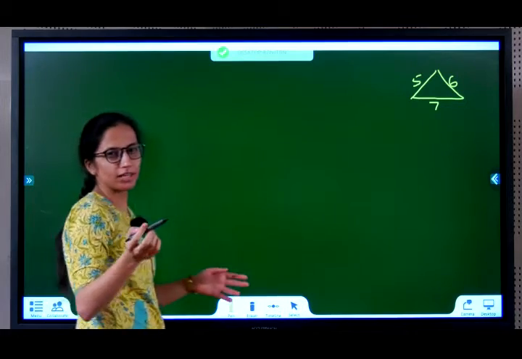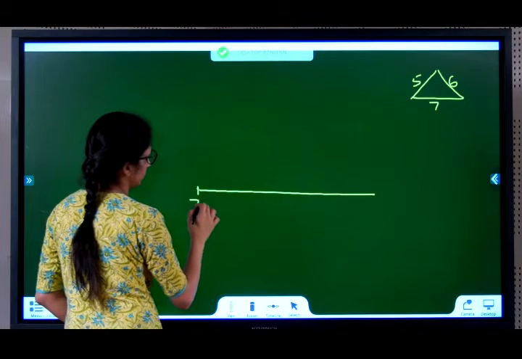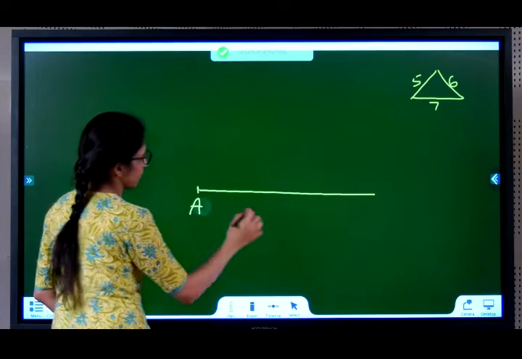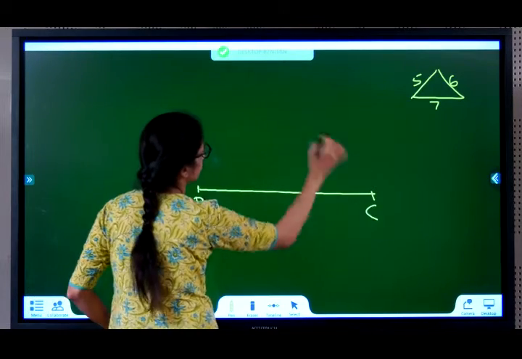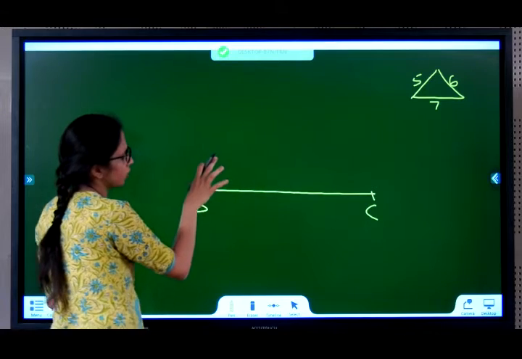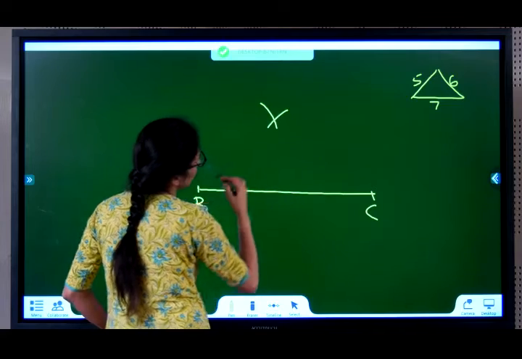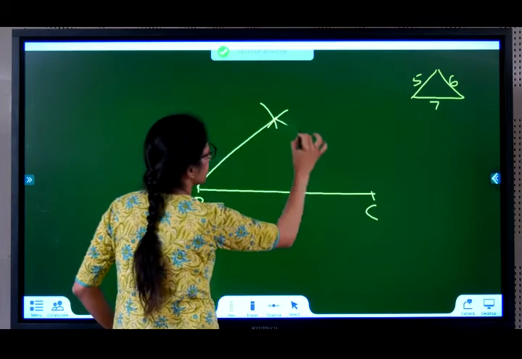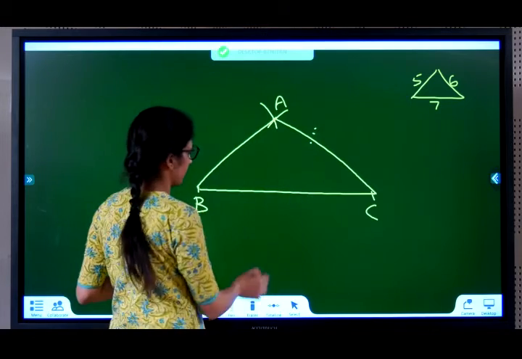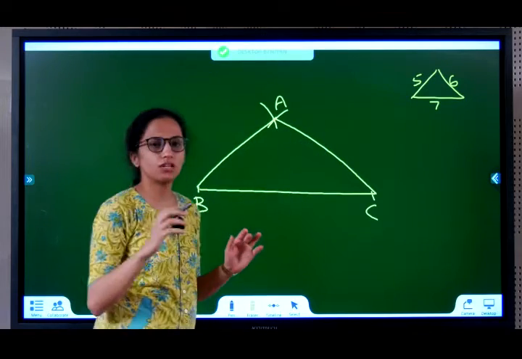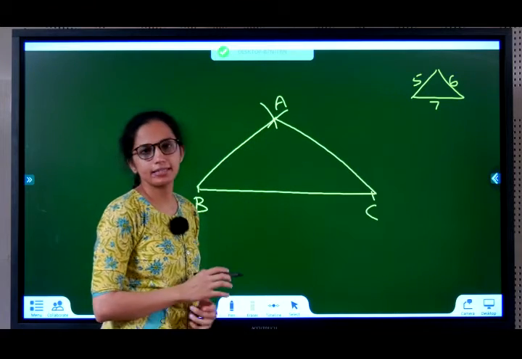Now how do we construct this? First all of you construct a triangle, this is basics. Take 7 centimeters. Name this BC, and let the vertex be A. Now keep your compass here and cut an arc of 5 centimeters. Keep your compass here and cut an arc of 6 centimeters. You join this, you will get ABC, this is 5, this is 6 and this is 7. I hope this much is clear. So we constructed a triangle ABC where AB is 5 centimeters, BC is 7 centimeters and AC is 6 centimeters.